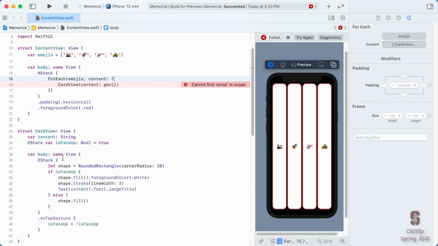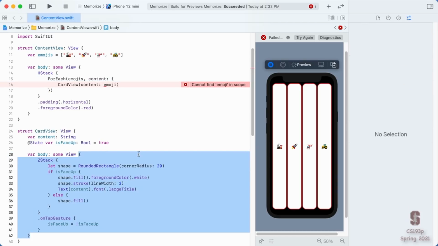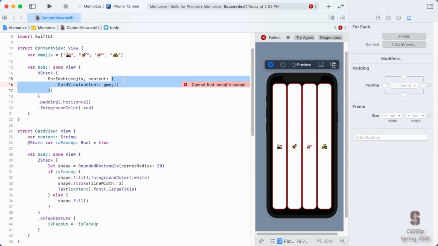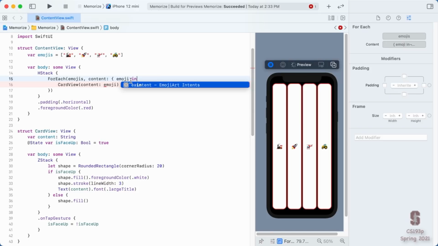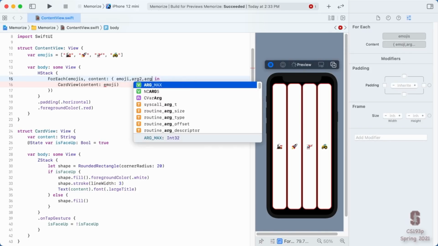None of the functions we've seen so far that we've used here has had any arguments. Some of them have returned things, obviously, but none of them have had arguments. So how do you put an argument to a function? Well, you just put the name of the argument and in. And there can be multiple arguments, of course, arg2, arg3. You can have as many arguments as you want.